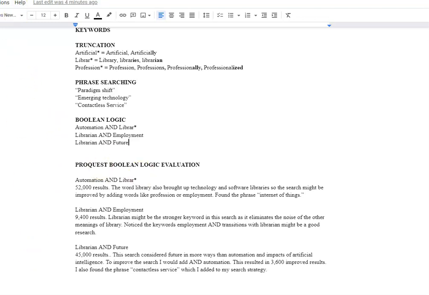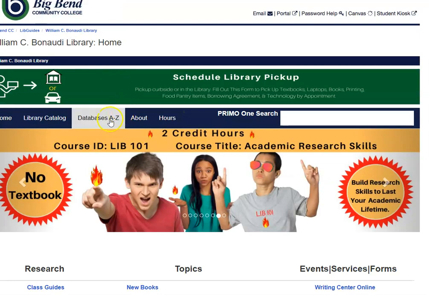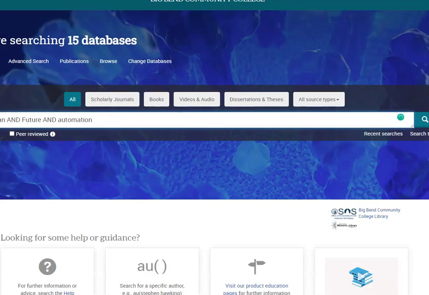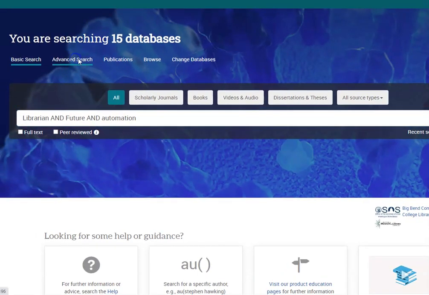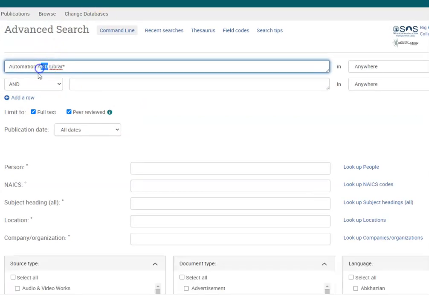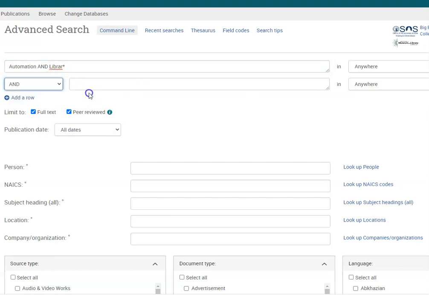So you'll go to the library page. You'll go to database A to Z, and you're going to go over here to ProQuest. You could also go up here, P for ProQuest. And you'll be using the advanced search. I want you to put in the whole big thing. You could use this if you want, but you can do it either way, but this will really let you know if you understand typing in capital AND, capital OR, capital NOT. But you always have this as well. I want you to select for full text and peer reviewed and go to the search.